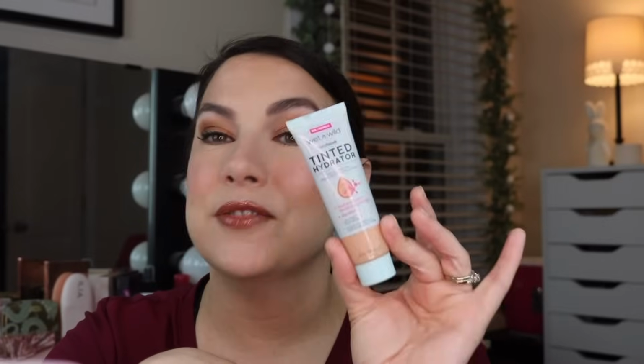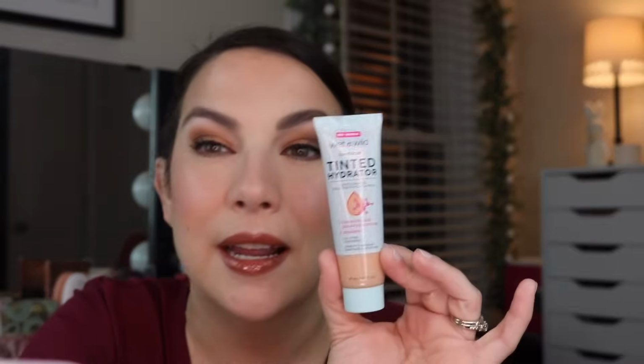It's from Wet n Wild. This is going to give you some actual light to medium coverage. I think it's beautiful in that regard, but a little extra moisture, very easy to blend, very lightweight feeling on the skin. This has hyaluronic acid and squalane. It's oil-free. I've talked about it a ton. The shade I wear in this is called Light, and I will link to videos